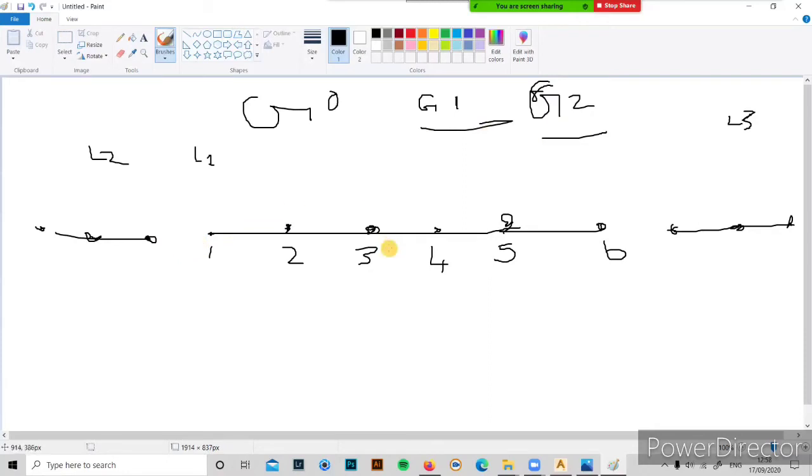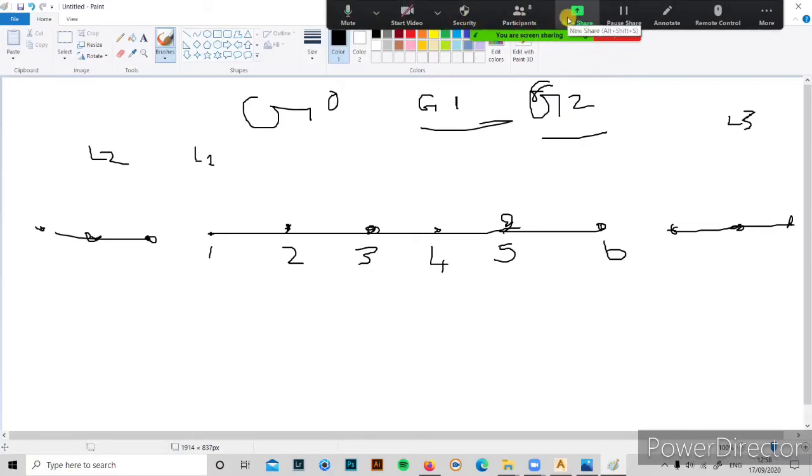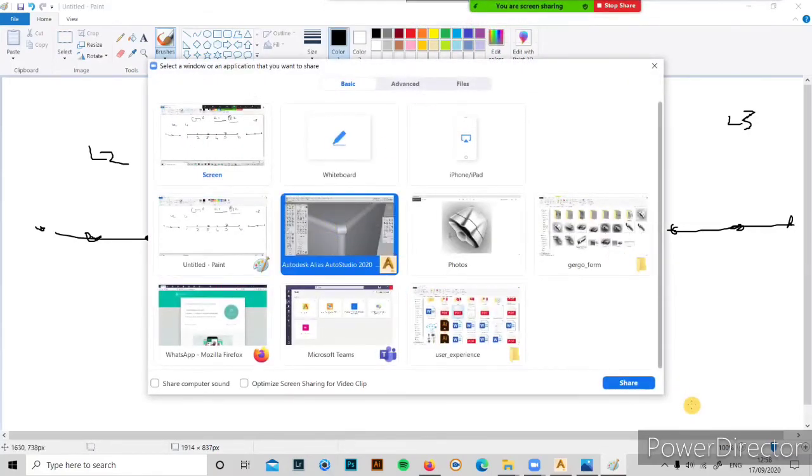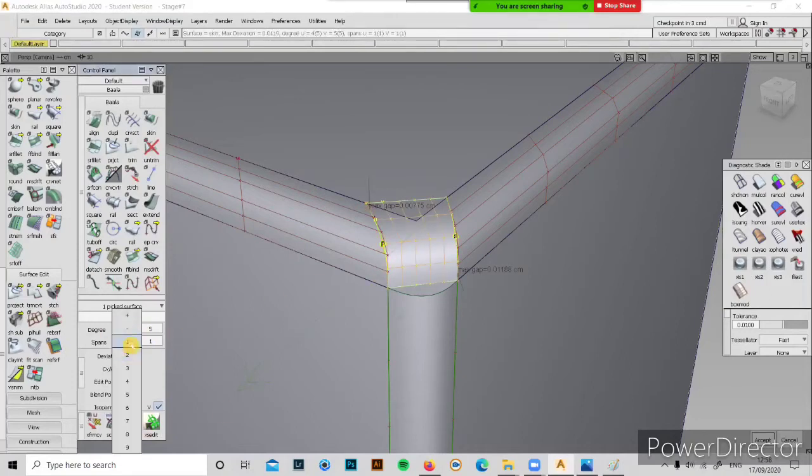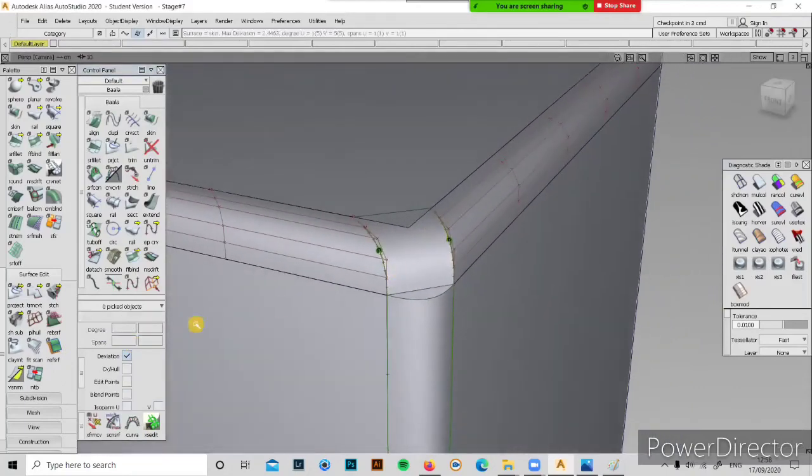You may face this problem: why am I not getting the continuity? If you check your surface, one surface will have 5 cross 5 and the other surface will have 3 cross 3. The surface, you're getting it or no? Wait, I'll show you an example. Here you have 5 cross 5, see, degree 5 cross 5. Swamp should always be 1 cross 1. In this degree you need to 4. You see the difference.